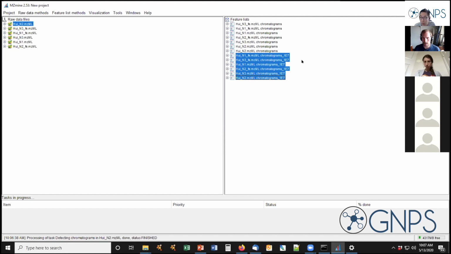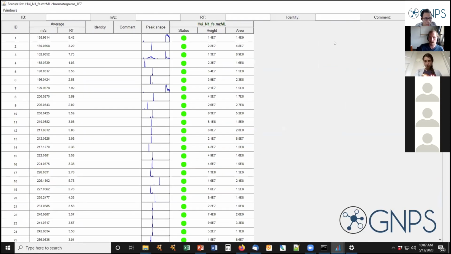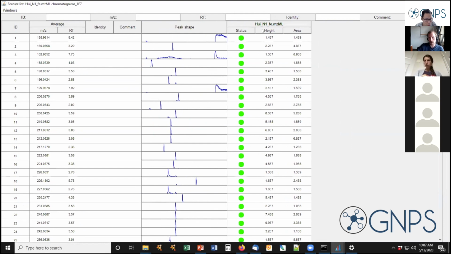So now, again, we have our chromatogram lists. If you double click on one of those, such a table will pop up, and you can see the first type of information you have. Here is basically m/z and retention time. Then you see the peak shape here, which we can make a little wider. And then there's a height and a peak area. For the chromatography specialists among you, you will see already that some of those peaks look very appealing,